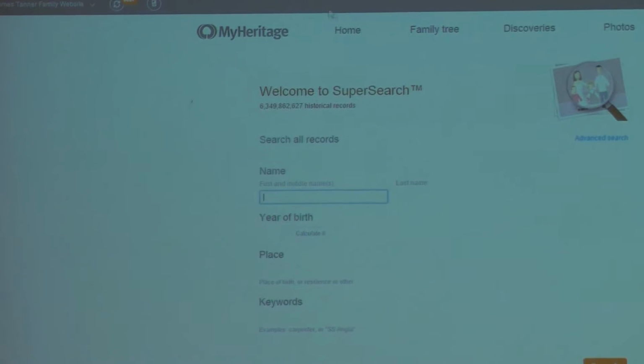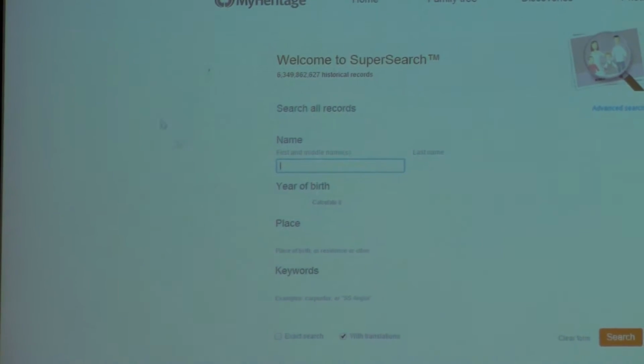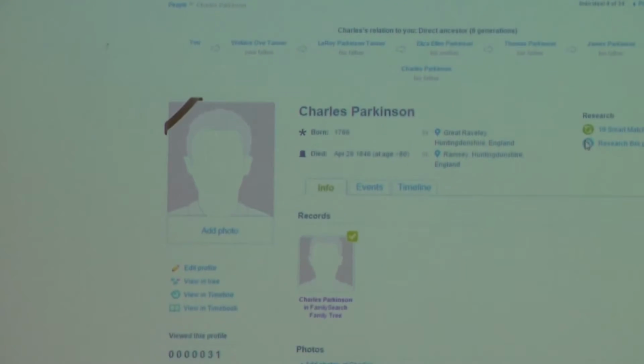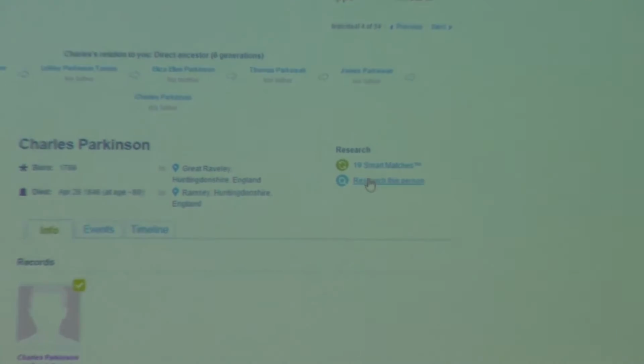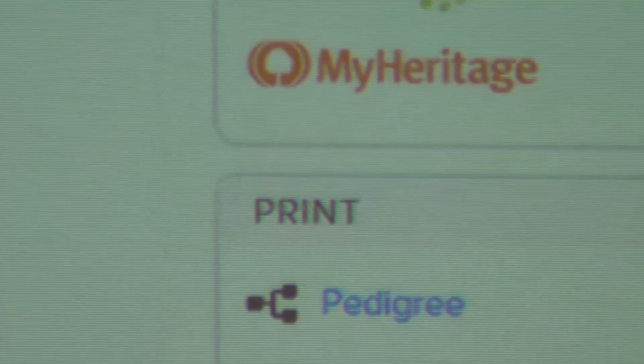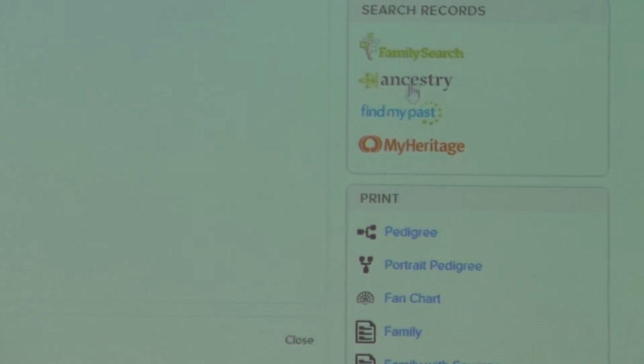That's not to say that you might not hit a fish occasionally, but it's still not the most effective way to handle these programs. The next one back, if I go back to Charles Parkinson, you'll see over here it says, you can't read it of course, but it does say this, research this person. Now this is very close to being the same thing as search records with the list of the names of the websites over here on